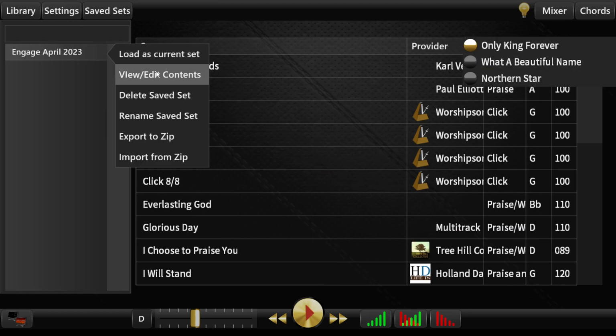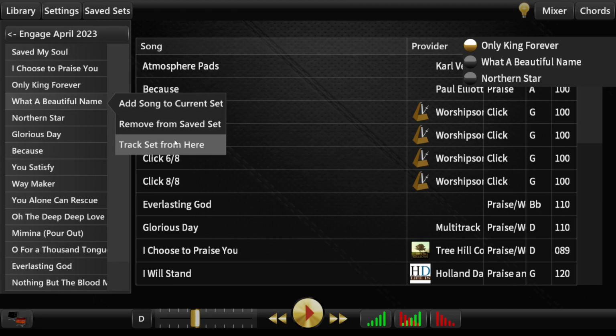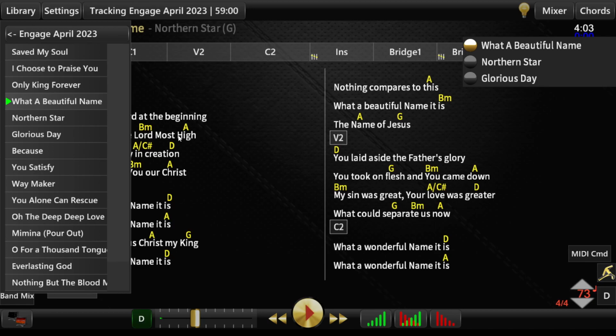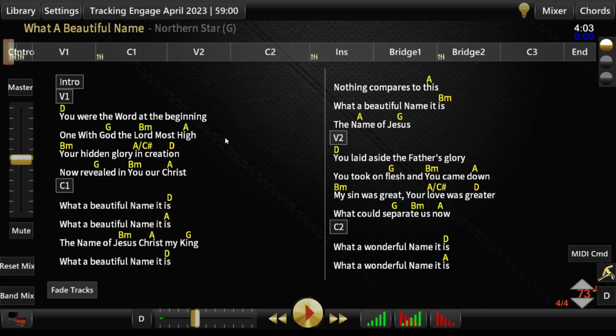And then if you want to go back into tracking, you could just pick where you want to start here and say track set from here. And then you can just close this right here. It's not like that one loaded a pad on song load. Anyway,